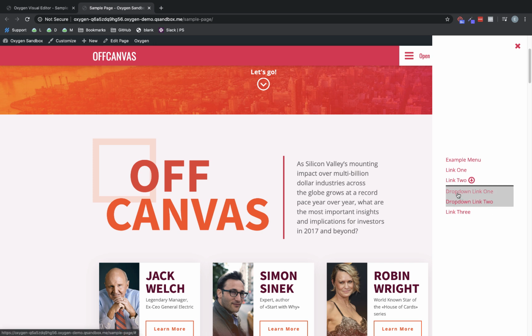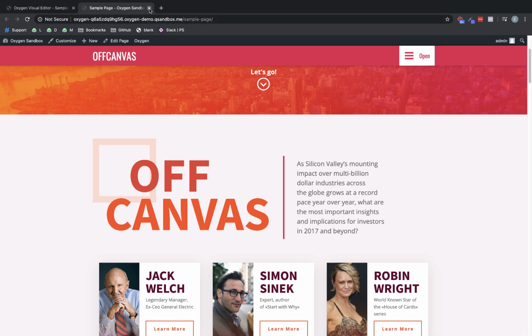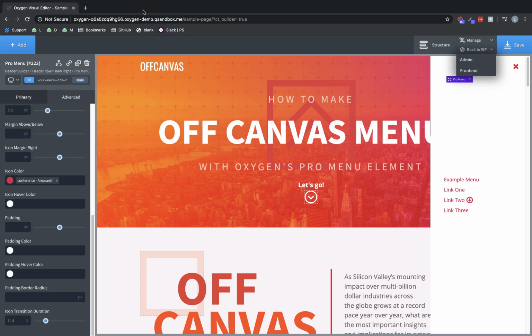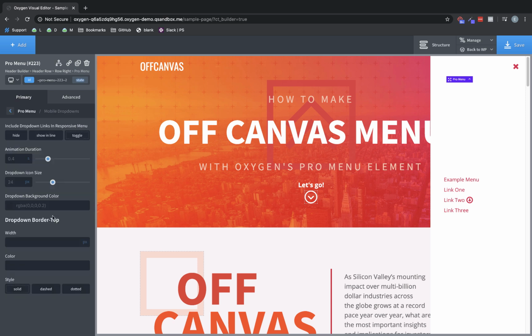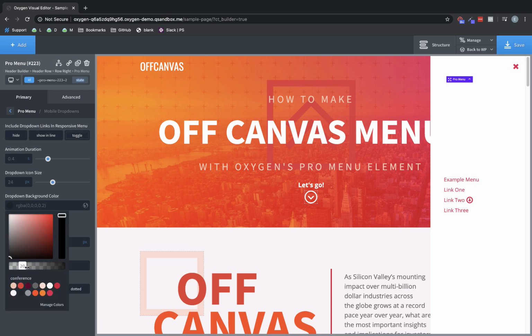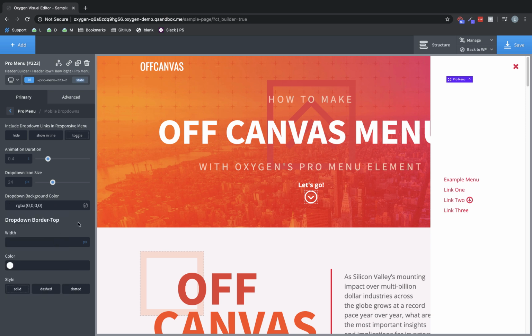Now, not a big fan of this default style here, so I'm going to go back over and let's just make some adjustments to the actual drop downs here. So we're going to go back to the primary tab in the Pro menu, and we're going to go to mobile drop downs. Now we've got them set to toggle, which I do want, but I'm not so sure I want a toggle background color. So I'm going to clear that for now and just make it transparent,